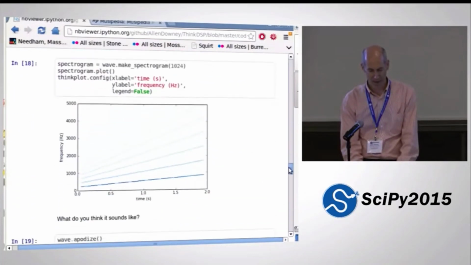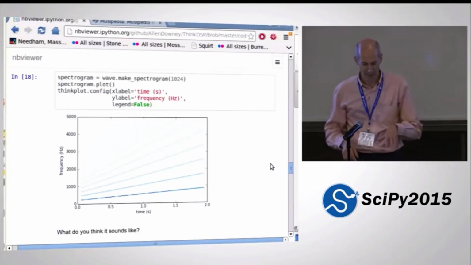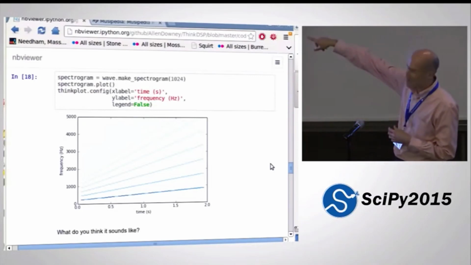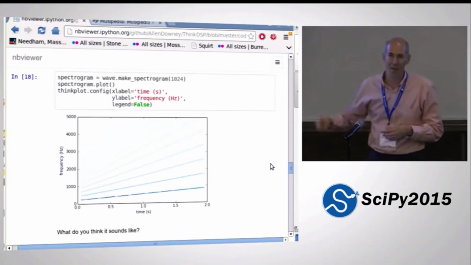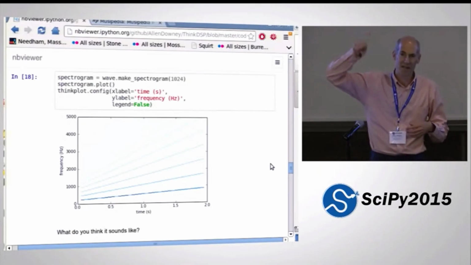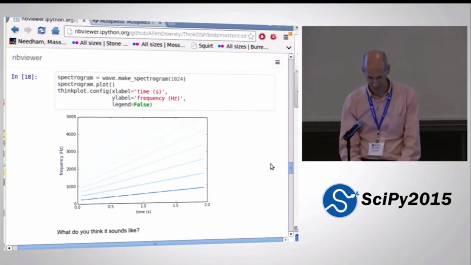Here's the spectrogram. And you can see that the fundamental tone is increasing and all of the harmonics are increasing, and the harmonics bounce off the ceiling. Yeah, you can kind of see that there. It's a little hard to see, but the harmonics bounce off the ceiling because of aliasing. So when the harmonic exceeds the Nyquist limit, it aliases down and sounds like it's at a lower frequency.